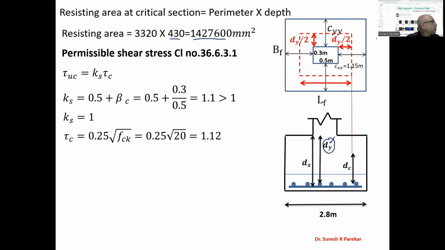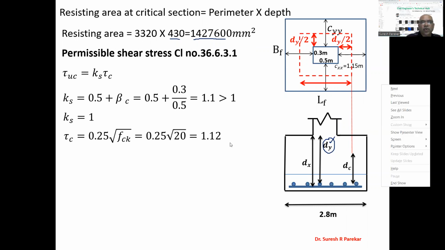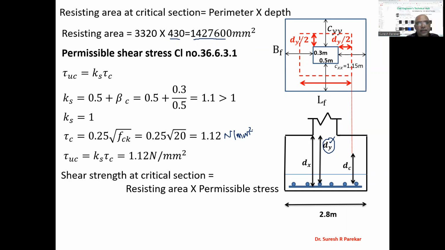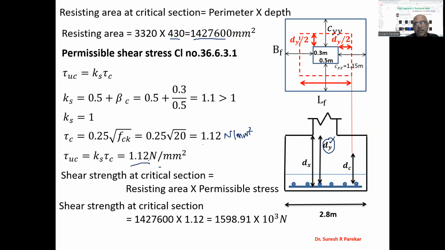Now the permissible shear stress we have again in the same way, 1.12 Newton per mm square. So this is stress, and we have 1.12 Newton per mm square. Now from this we have to find tau UC, and Ks is 1, so it will be 1.12 Newton per mm square. Now shear strength we know is resisting area into permissible stress. The resisting area we have calculated is 1427600, and this tau C is 1.12,